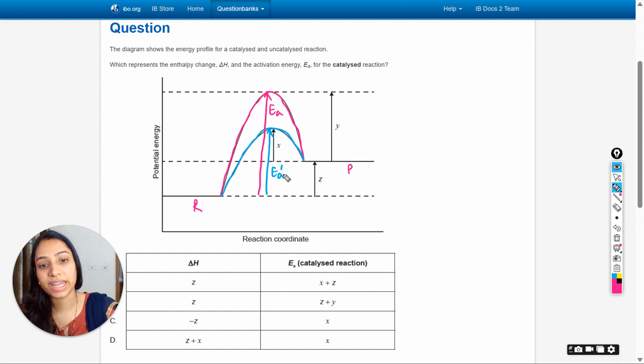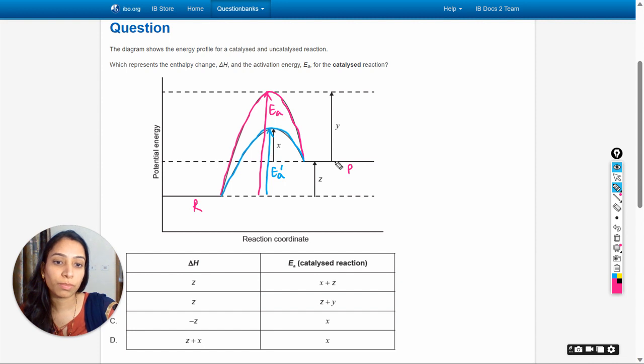So this EA dash is less than EA, and we know that catalyst decreases the activation energy of any reaction. So this blue graph shows the catalyzed reaction and this pink one shows the uncatalyzed reaction, and this